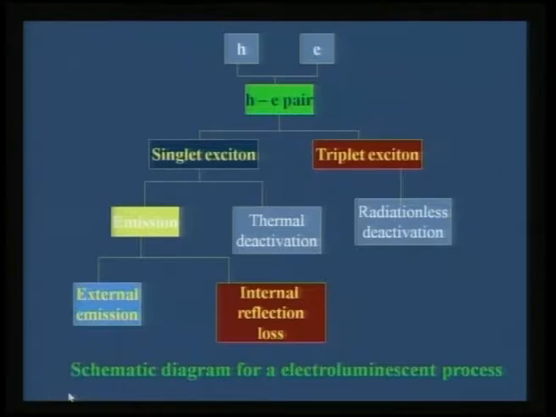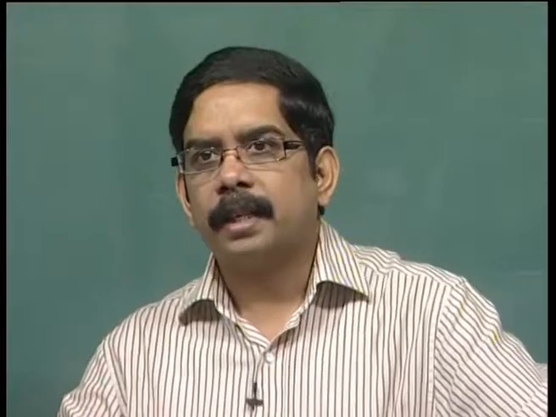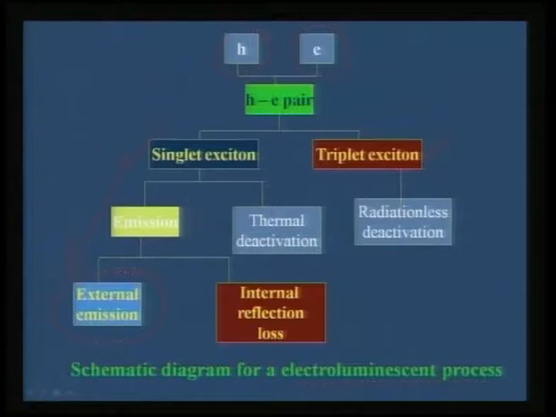I also told you about the mechanism, what exactly happens in the electroluminescent process, because you have a hole and electron combining to form a singlet exciton. It can also form triplet exciton, but singlet excitons are the ones which ultimately are going to give the external emission, which we see in terms of light output in the OLED device. Therefore we are more concerned about this protocol, how we can harvest the light from a singlet exciton.